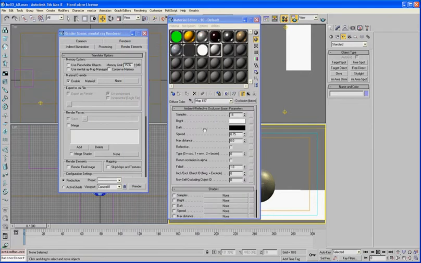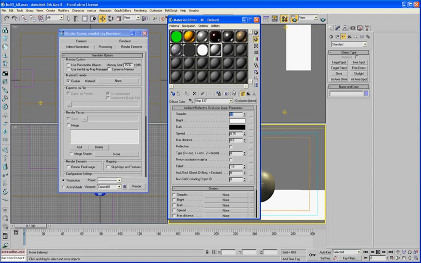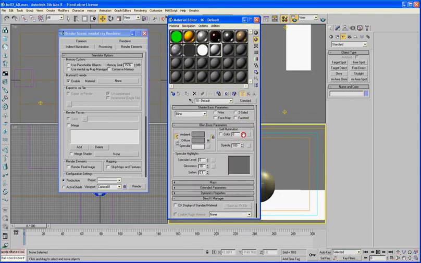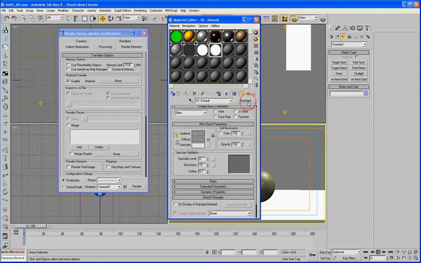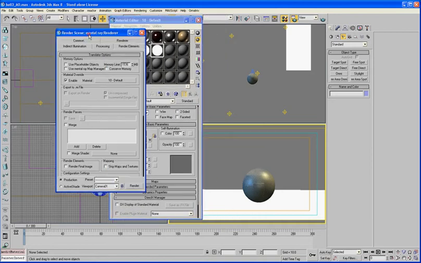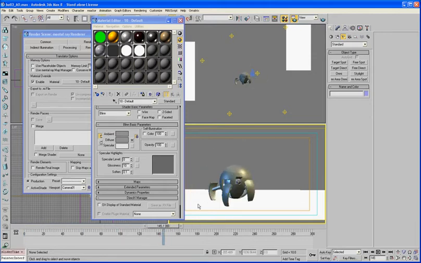So we're going to select ambient occlusion, put it in our diffuse slot, change the samples to 64 so we don't get too much grain. Also change the self-illumination of the shader to 100%. And then we will drag this over to our material override slot, do an instance so that if we make any changes they propagate over to the slot over here, and then just do a quick test render